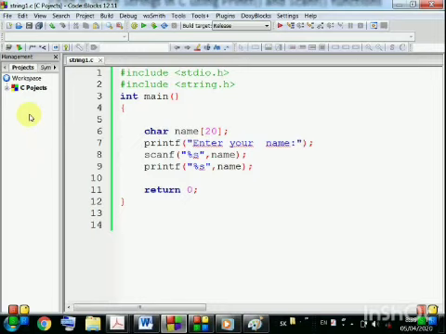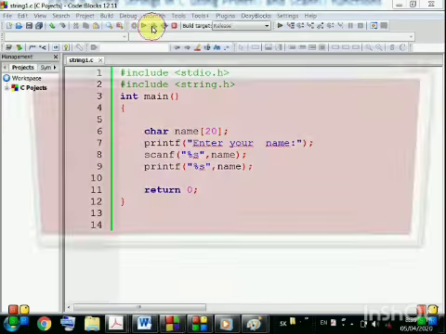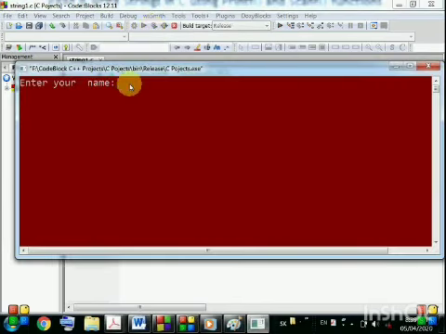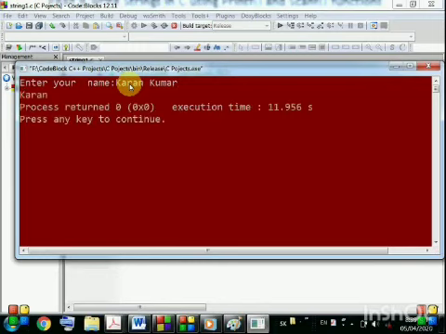Now again I am going to execute this program. If you input a name having a space such as Karan Kumar, let us see what will be the output. Here the output is Karan.